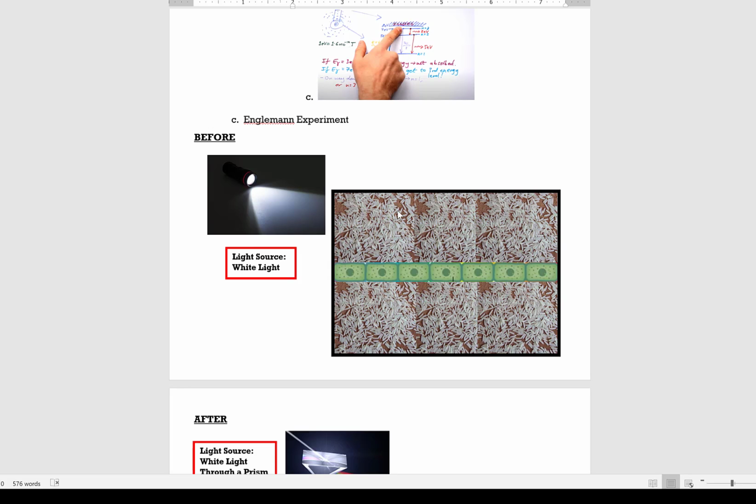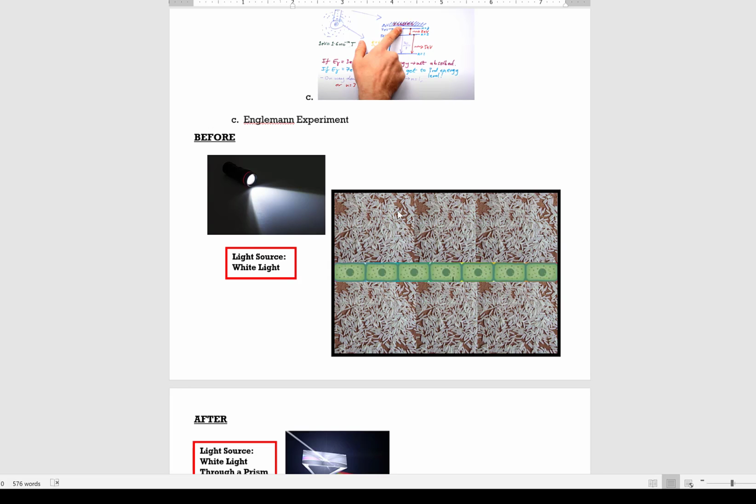And once they learned that the energy coming from the sun came in many different wavelengths, the next question became, well, do plants convert all the photons from the sun into chemical energy, or do plants only absorb certain wavelengths